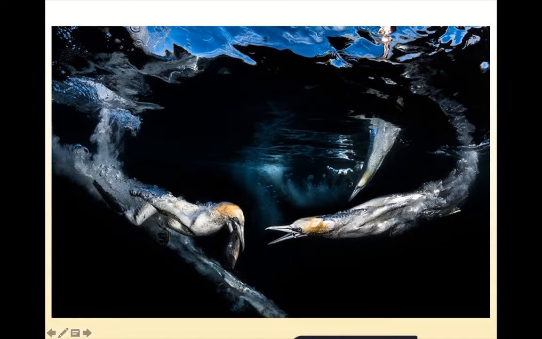So again, thinking about these different levels, here we have something that is community level biology, where we have two species of individuals that rely on one another. And lastly, going back down to the micro and really thinking about molecular biology. This is a cross section of a plant cell. Each one of these little circles is a plant cell, and in the center, dyed in red, is actually the DNA from each of those cells.